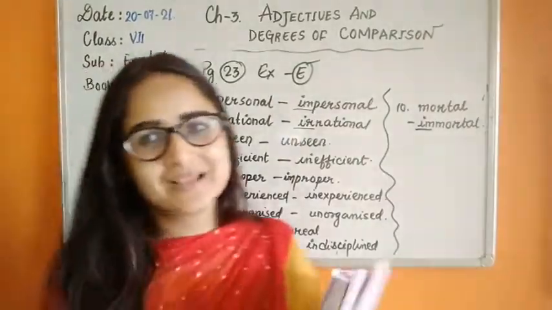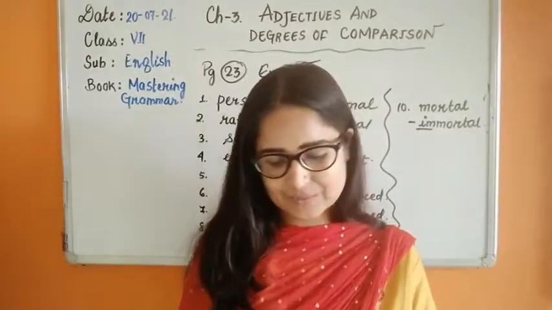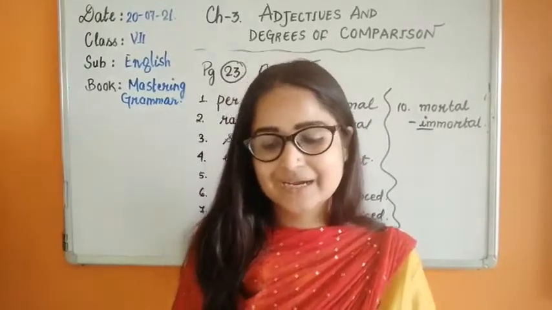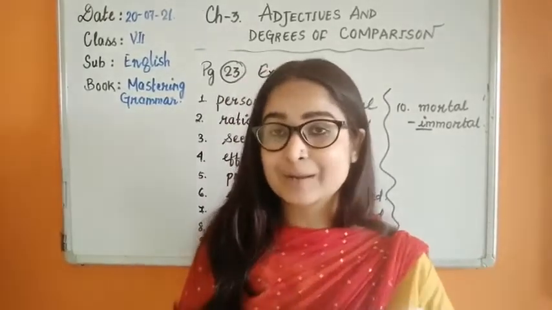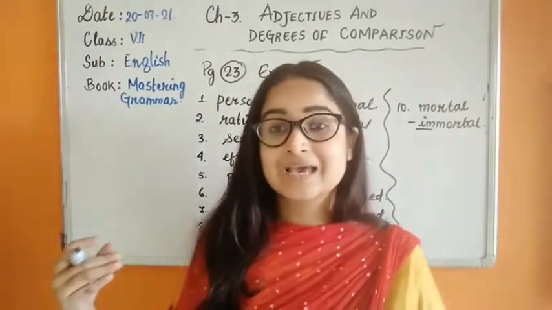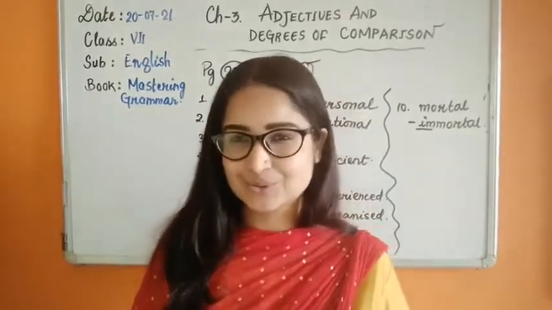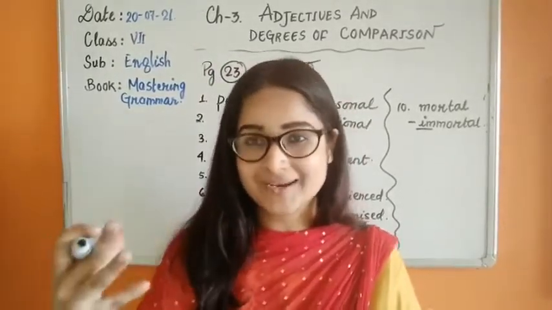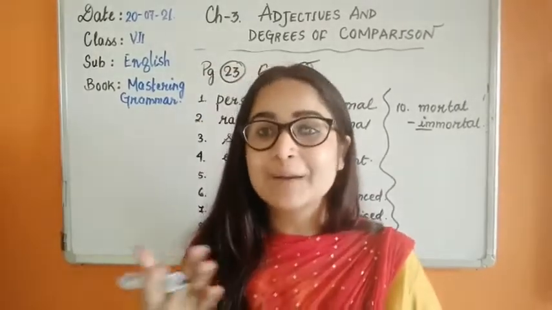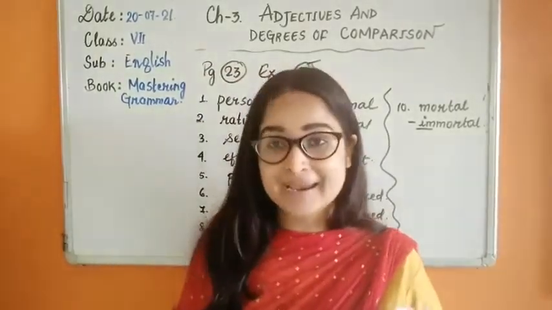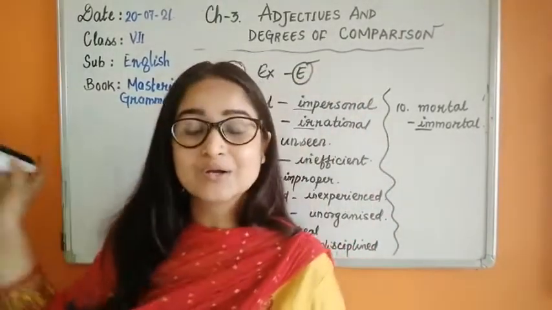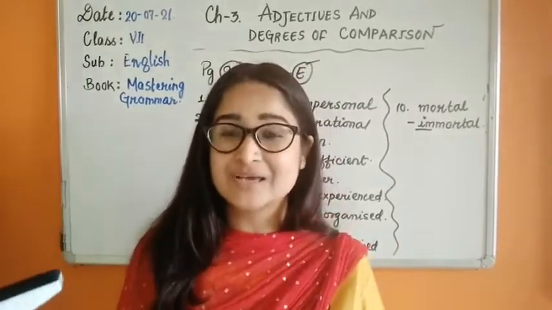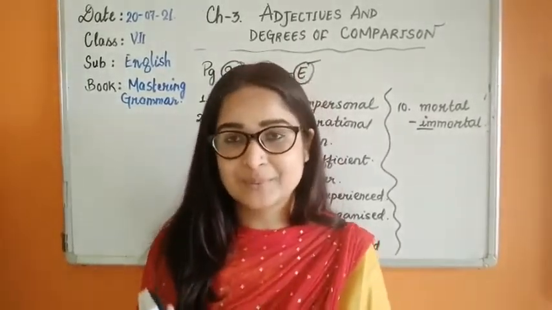Okay. So now let's move ahead with the next part, which is degrees of comparison. Now children, imagine someone you have seen is taller than you. Okay, tall means having more height than you. So what do you do? You compare. Now when we form a comparison, what do we want to do? We compare 2 objects or 3 objects to find a common ground between them, right?